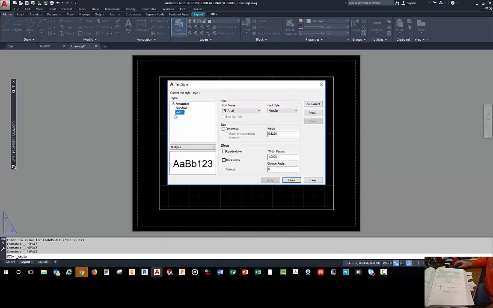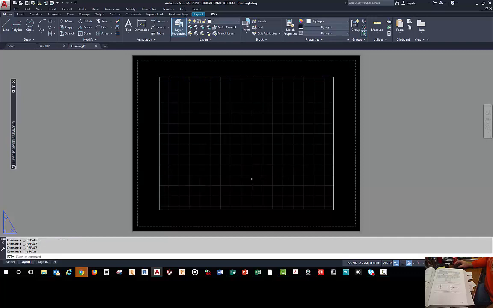All right, I'm going to make sure that this is current. So I'm going to pick style 1, set current, and then it doesn't need me to apply anything, and I'm just going to hit close. All right, I've set my style up. Okay, so the next thing,